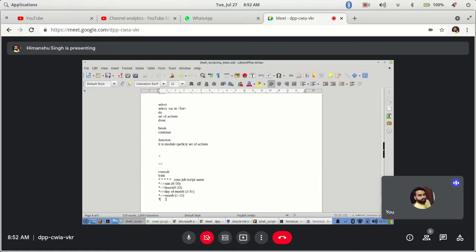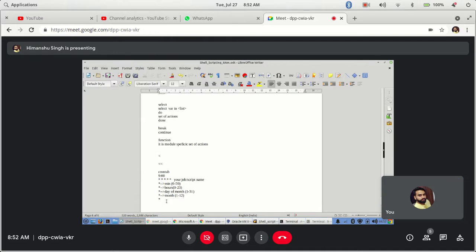Yes, because if you leave star in the minute, this is a real-time scenario that happened, that's why I'm telling you. Maybe you forgot to change it, and that job will keep triggering every minute: 9:00, 9:01, 9:02. In 1 hour it will trigger 60 times, and if you leave it for 12 hours, there will be a huge number of sessions consuming all your CPU and memory, which will cause an issue on the system.